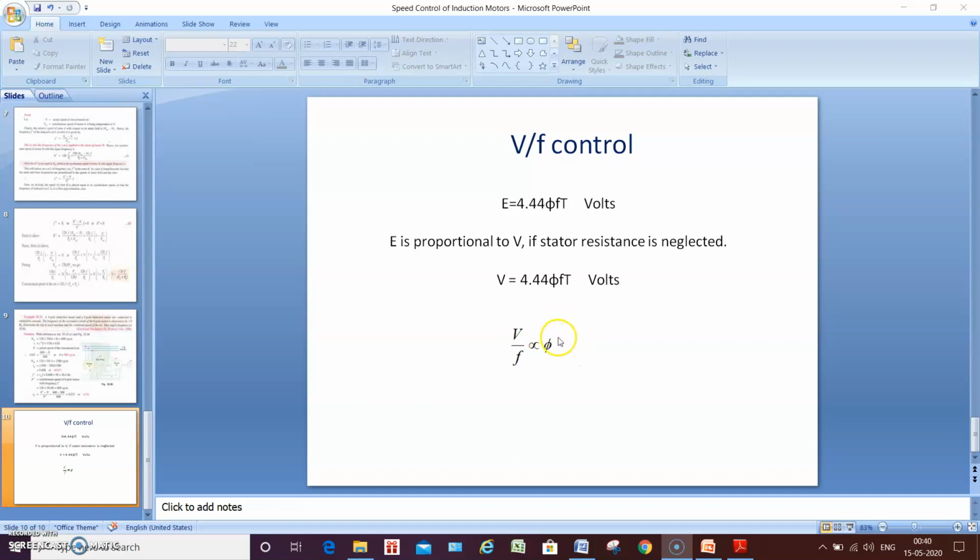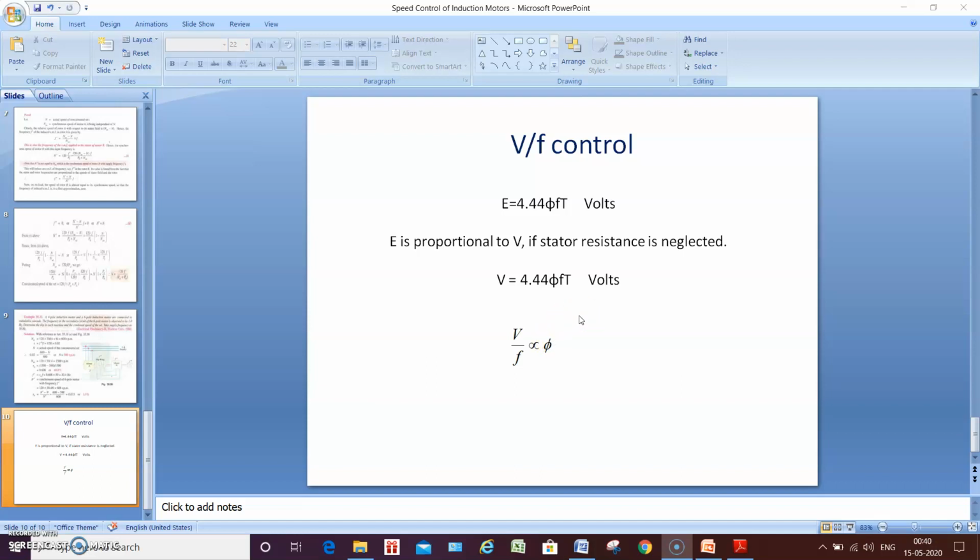This is one drawback, that is one side. Either if the voltage is increased or if the frequency is decreased, what will happen? The flux will be increasing, and the increased flux will result in many drawbacks. This is one point. Suppose in the other direction, we decrease the voltage to control the speed of the motor below the rated speed, what will happen? If the voltage is decreased, the flux will also get decreased. So now it is not operating at the knee point of the magnetization characteristic curve, because the flux is getting decreased.